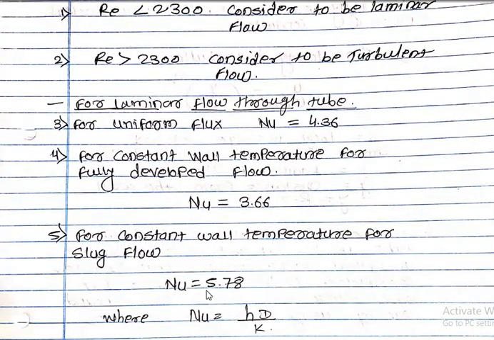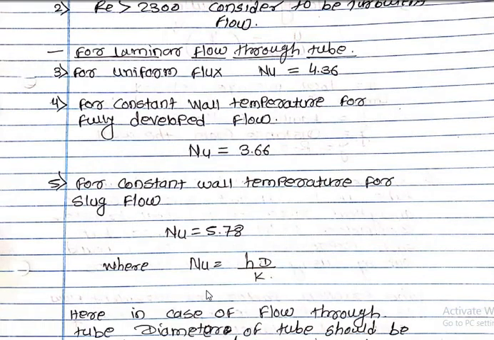Then for laminar flow, we have to consider the problem for laminar flow through a tube. So for uniform heat flux, the Nusselt number will be equal to 4.36. So there will be directly the value of the Nusselt number if uniform heat flux is there. So the Nusselt number is equal to 4.36. For constant wall temperature and fully developed laminar flow, the Nusselt number is equal to